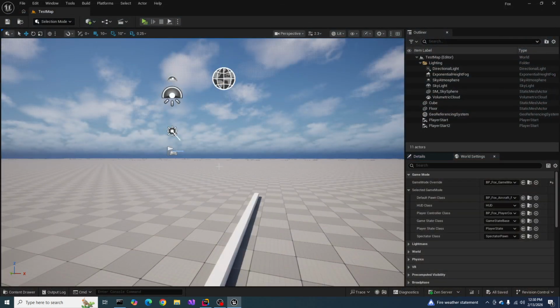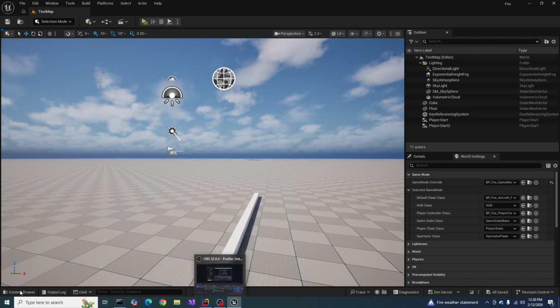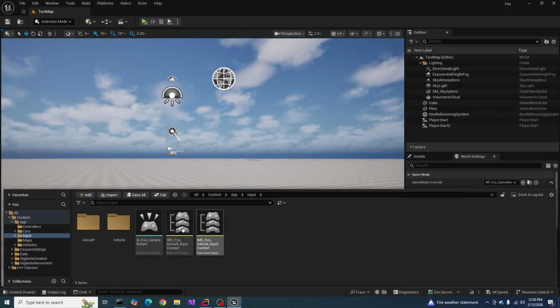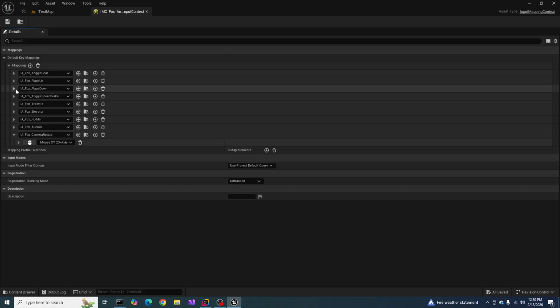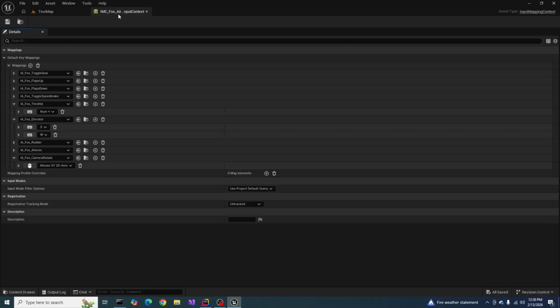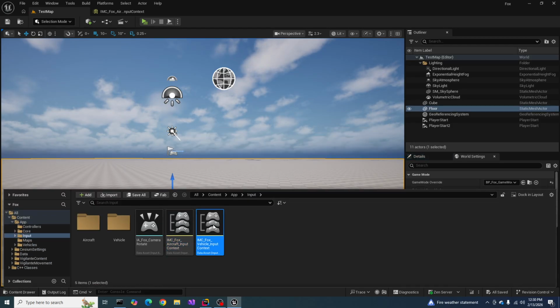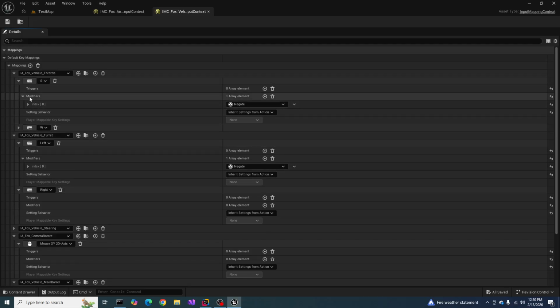And I'm guessing now it is because I've got those two input contexts, and both of them have the same keys. So I'm using S and W for elevator, but I'm also using S and W for the vehicle throttle. And I'm guessing that is what's causing my problem. To test that out,